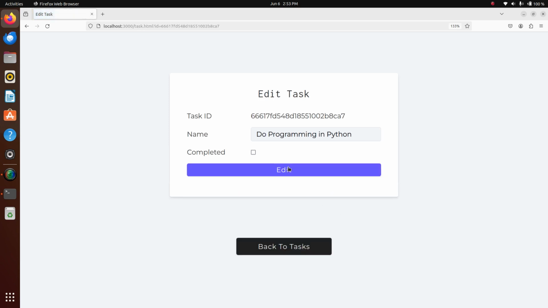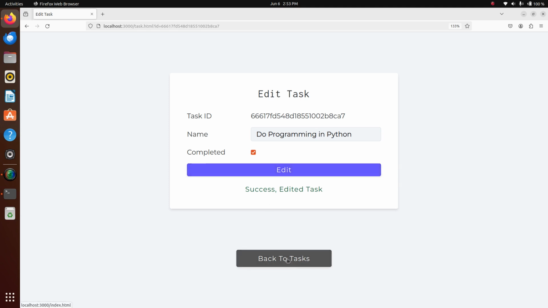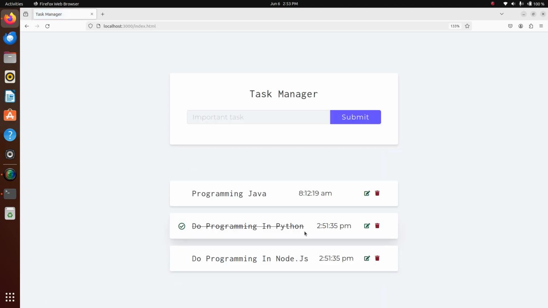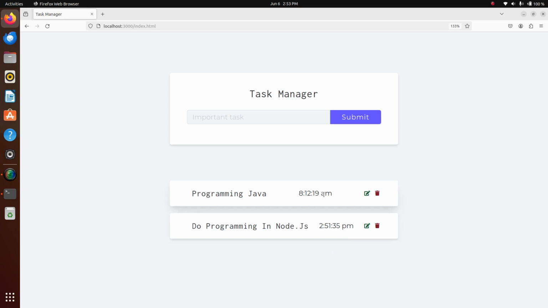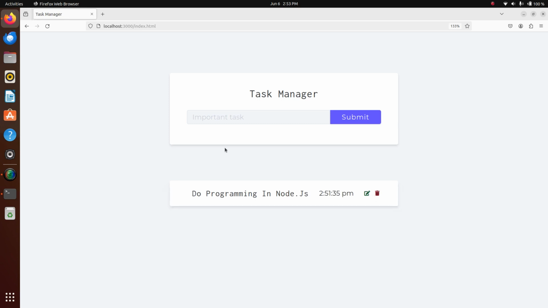Now I will do one thing. I will click on that checkbox, then successful, then this task is completed. That's why this mark is there. And if I want to delete, I can delete. And here time is noted, that is very important. Programming Java, that's all. Now I have successfully done create, edit, update, delete and show current time in Task